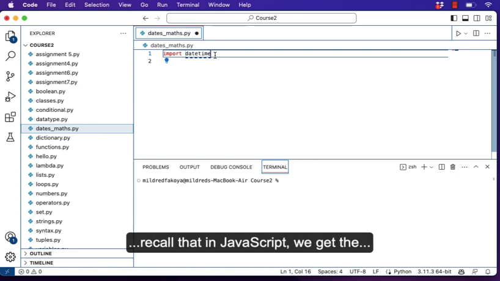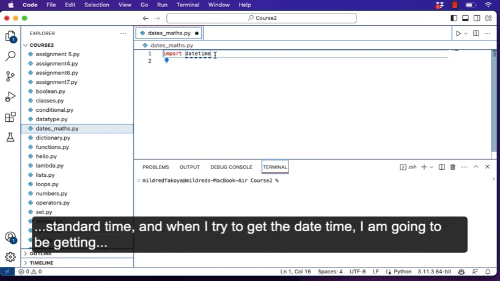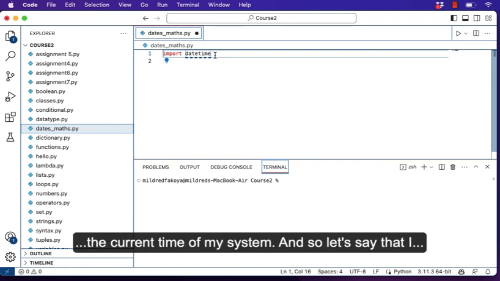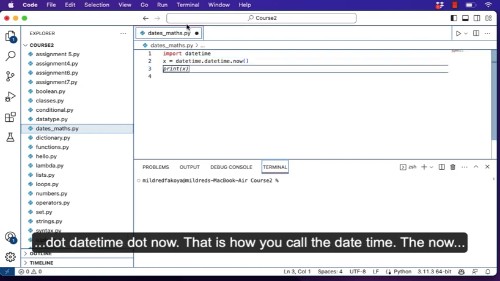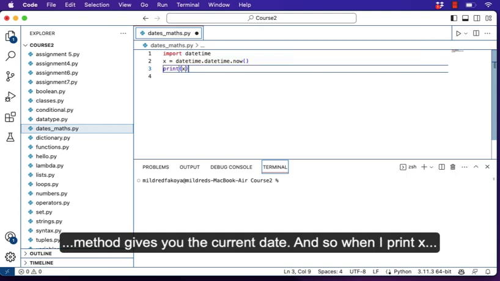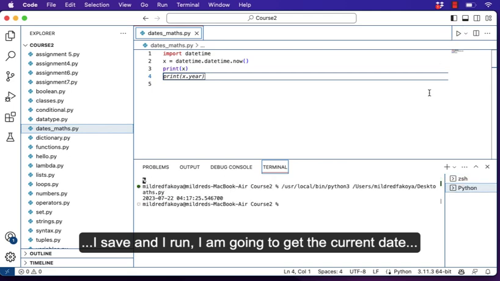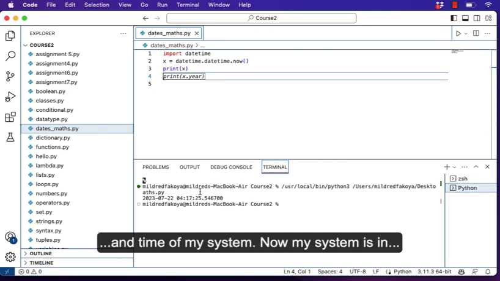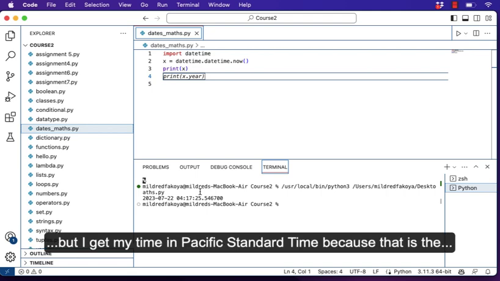If we want to see the current date and time right now, recall that in JavaScript, we'll get the timestamp of our system. My computer is set to Pacific Standard Time, so when I try to get the date time, I'm going to be getting the current time of my system. Let's say x is equal to datetime.datetime.now. That's how you call the datetime. The now method gives you the current date. When I print x, I save and I run, I'm going to get the current date and time of my system. Now, my system is in Pacific Standard Time. I'm currently in Atlantic Standard Time Zone,